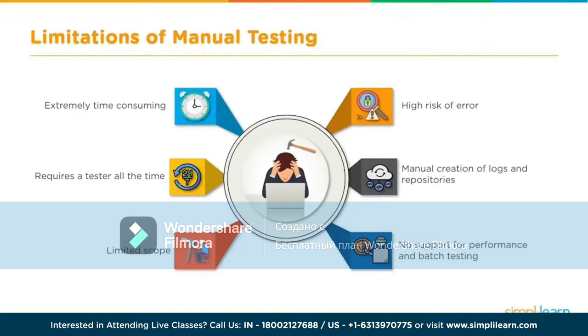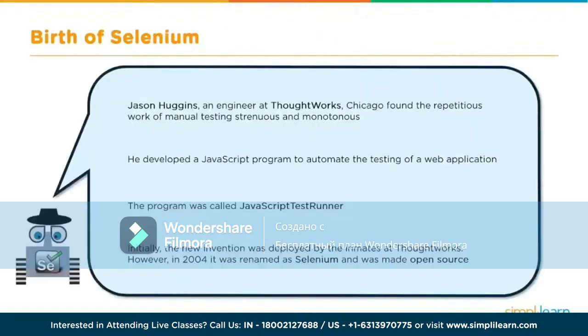So there are many tools available in the market today for automation. One such tool is Selenium. Birth of Selenium. Much before Selenium, there were various tools in the market like say RFT and QTP, just to name a few popular ones. Selenium was introduced by a gentleman called Jason Huggins way back in 2004. He was an engineer at ThoughtWorks and he was working on a web application which needed frequent testing. He realized the inefficiency in manually testing this web application repeatedly. So what